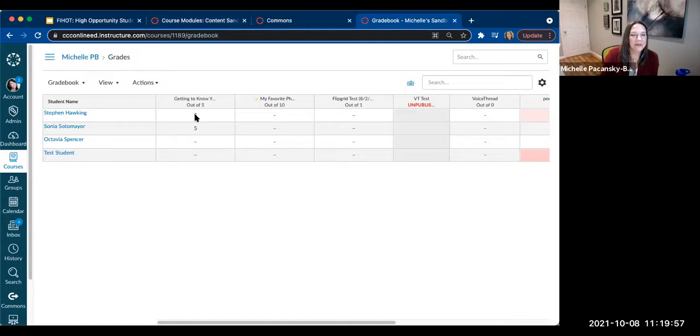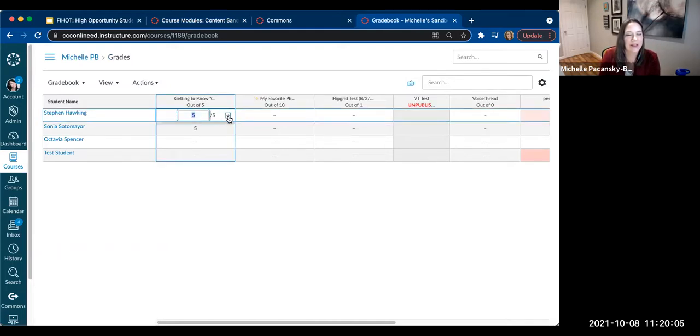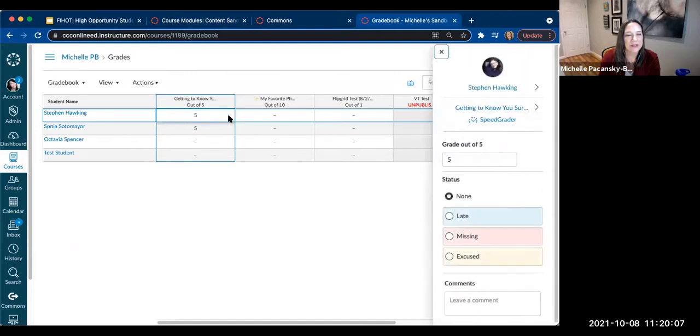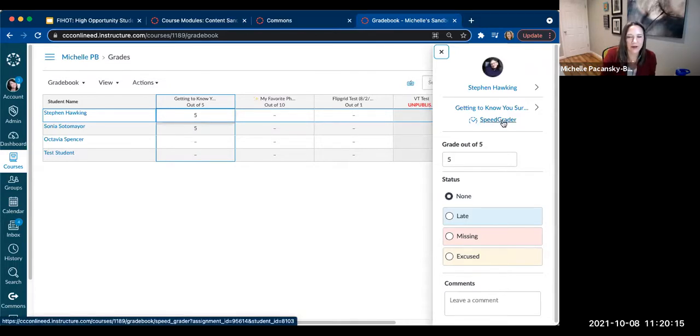If you set it up as a graded survey, you're going to see the points appear, whatever the points are that you attributed to that survey. And I'm going to click on one of the points and then click on that little arrow next to it. And that's going to pop up the column view of the speed grader. Now, what I do is a right click and open the speed grader. I'm sorry, right click or control click and click on speed grader. That opens in a new